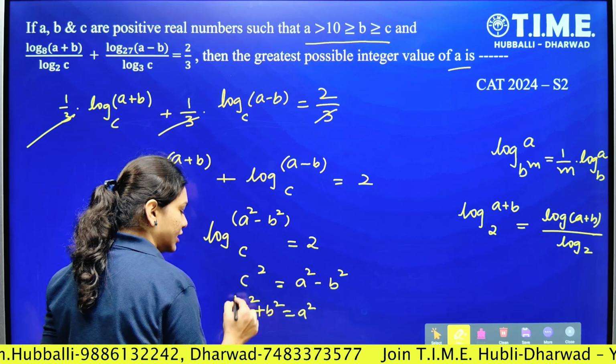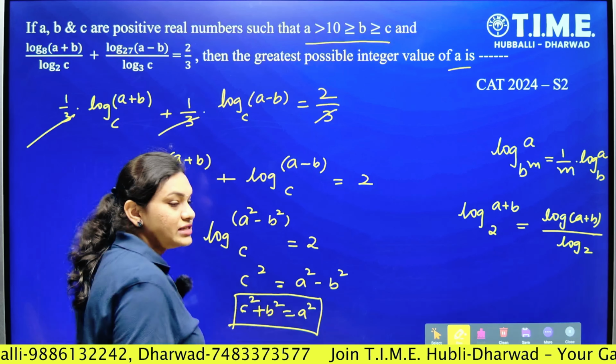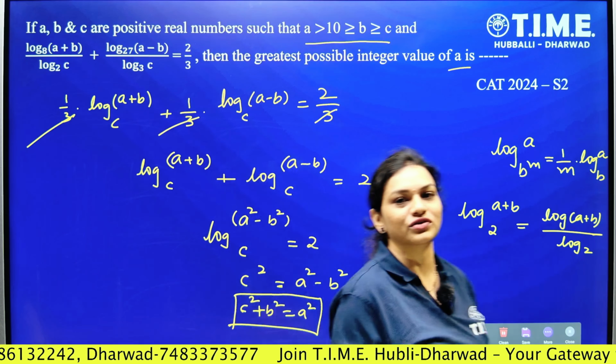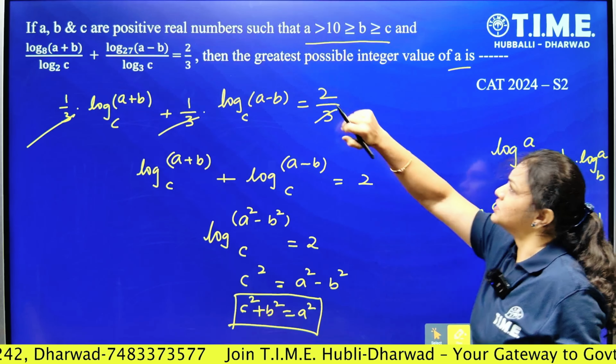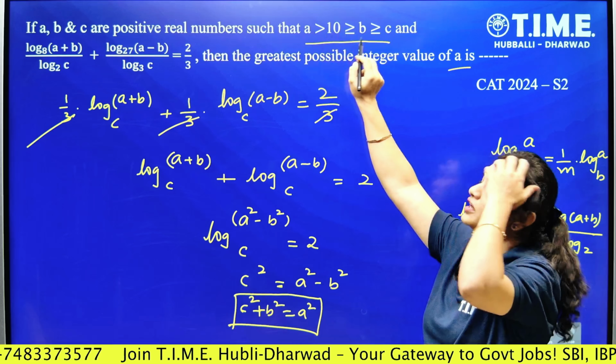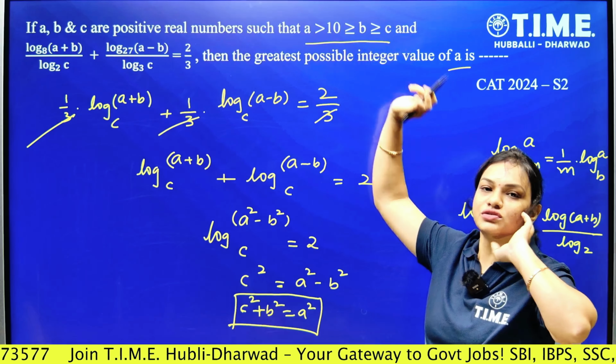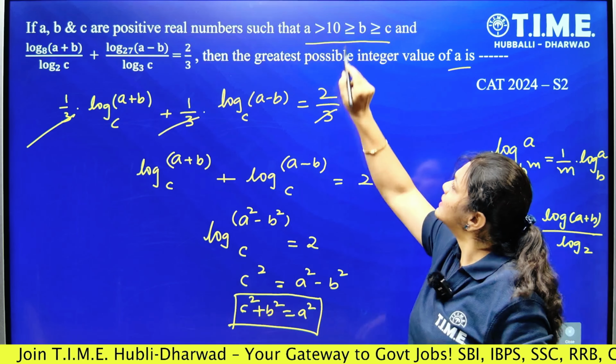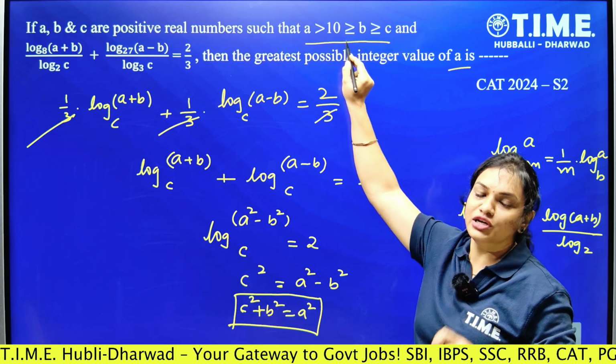Now is this the final answer? No, right? Because he has given one condition, and that condition now we have to use. What is the inequality condition he has given? The value of a should be greater than 10, which is greater than or equal to b and greater than or equal to c. Now what does it mean by this? Since we have the equality condition,